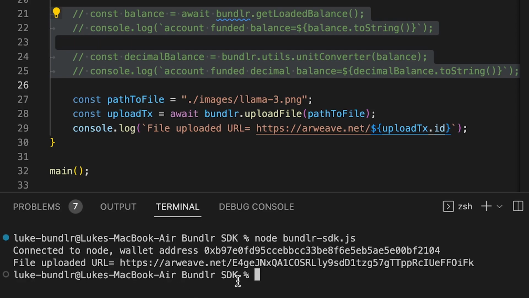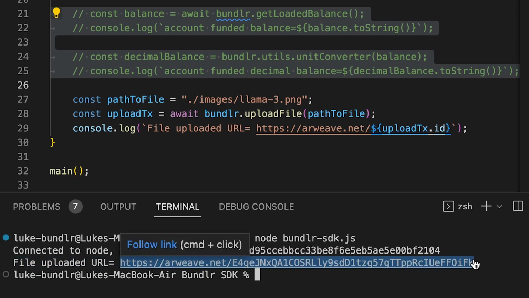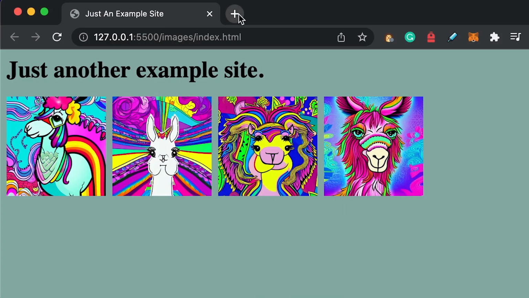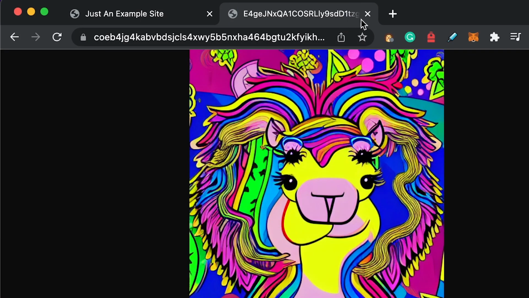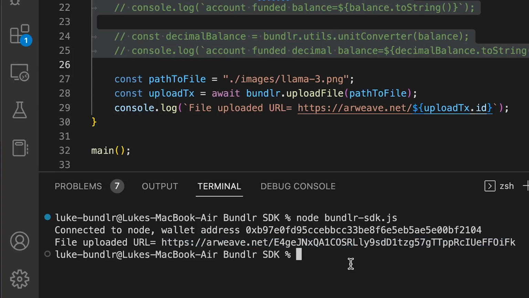File uploaded. All right, cool. Here, so everything after arweave.net is our transaction ID. Those two combine together to become the file URL. And remember how I said this stuff was instantaneous? You don't need to wait for confirmations. You don't need to wait for anything. Just watch. Boom. Milliseconds after your file is uploaded, it's there, it's ready for you to use. Whether it's an image, audio, or some sort of game data, it's there for you to use instantly. No waiting. So cool.